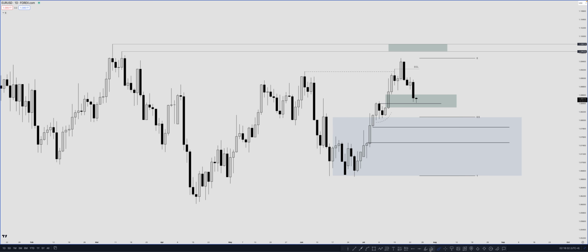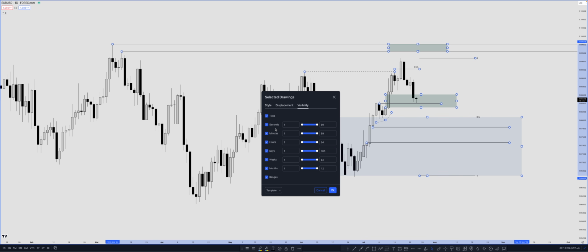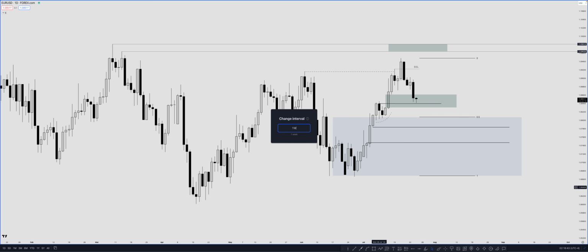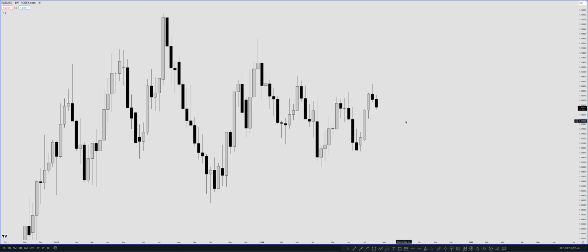So in this case, what we can also do, let's hide all of these tools from the weekly time frame so we have a clear view. And let's jump on the weekly time frame here. And here you can, I think, clearly see that price took out its high. We have this